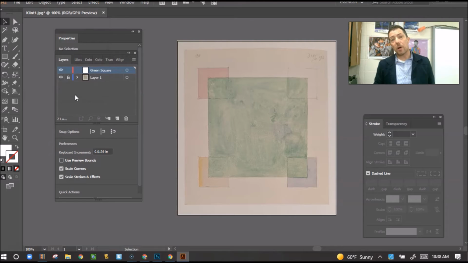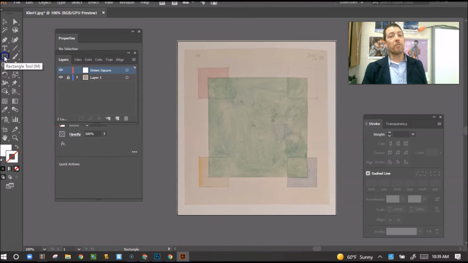Now the nice thing about this particular image is that it's all about rectangles and squares. There's transparency, there's overlapping, and there's a little bit of words in the top. And I want you to be aware of all of that as you're drawing. Now the difference between vector images and pixel images is that I can click on this rectangle tool and I